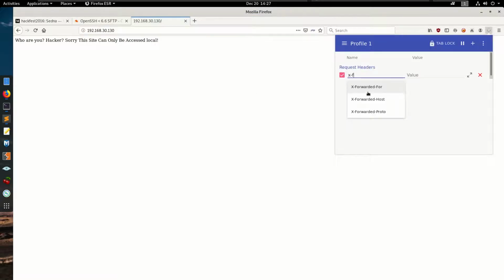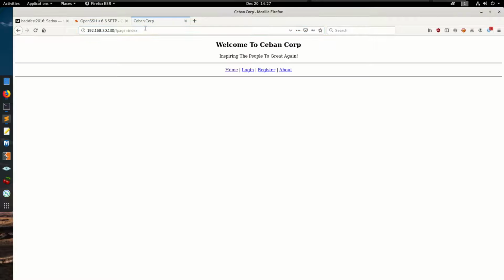That might take a little bit of time. Okay, so it's added. Got it. And now we want to add that header, which is X-Forwarded-For, and the value is localhost. Now let's try and access it. Okay, so we are in. It says it's finding the people to create again,